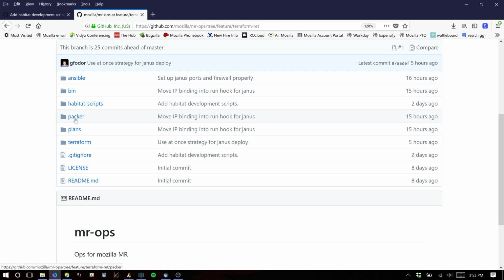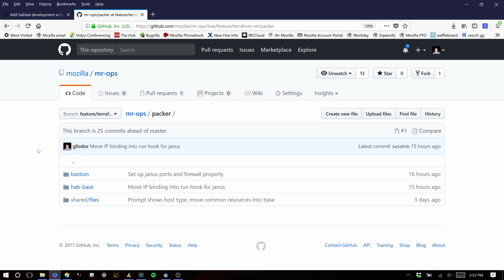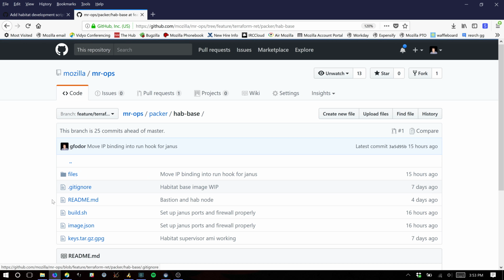Bin I'll talk about. Packer Habitat Scripts is just some stuff Robert was working on to bootstrap the service on his computer. I'm not sure what we want to do with that. Then Packer is basically where all the Packer definitions live. Like I mentioned, there's two images. There's the Bastion image, and then there's this Habitat base image. So what's in here is